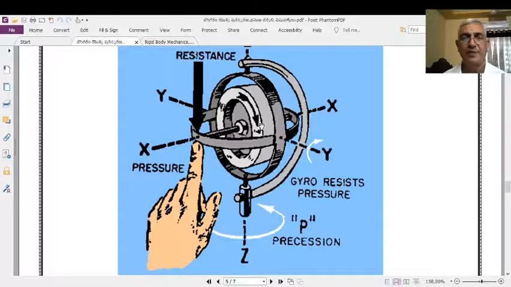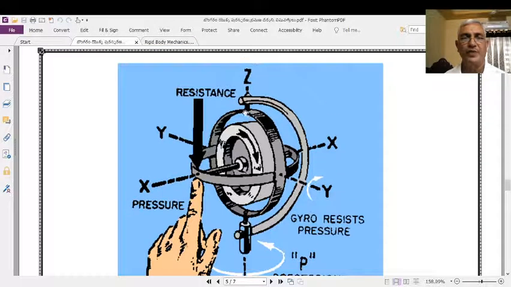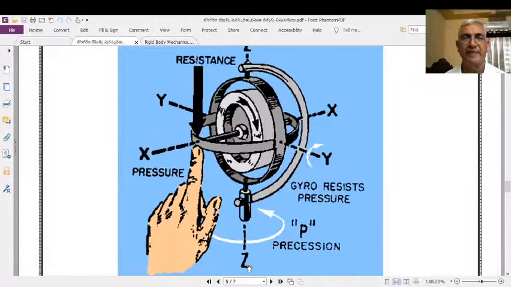While the rotor spins, what will happen? The axis of the spinning rotor can move in this direction or in this direction. Here in the diagram, the axis of the spinning disc is shown as the x direction. This is connected to this frame. This frame is shown as y direction, and the outer frame with which it is connected is shown as the z axis.